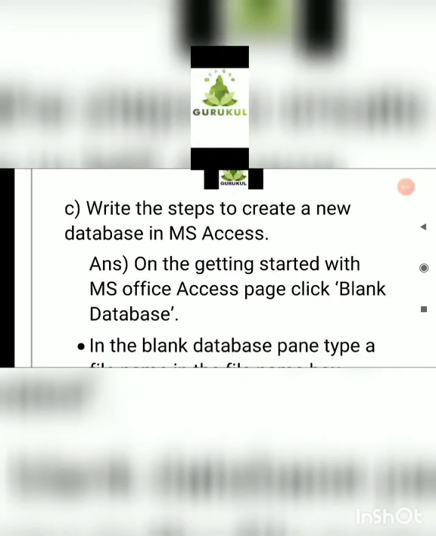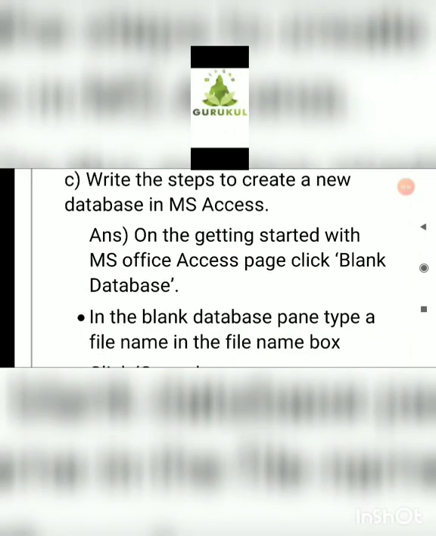Next one, 3C. Write the steps to create a new database in MS Access. So, the answer will be on the Getting Started with MS Access page. When you open Microsoft Office Access 2007, the Getting Started with Microsoft Office Access page will open. From there, click on Blank Database.